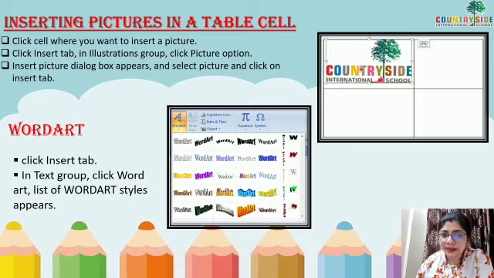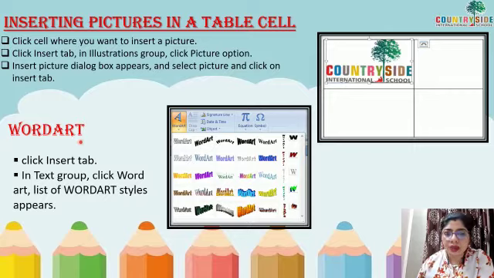Then on the Insert tab, in the Illustrations group, click the Picture option. The moment you click on the Picture option, a picture dialog box appears on the screen. Select a picture whichever you want to be inserted in your cell and then click OK. Then your picture will be inserted in that particular cell of the table.